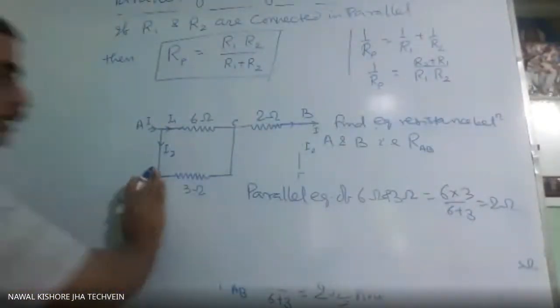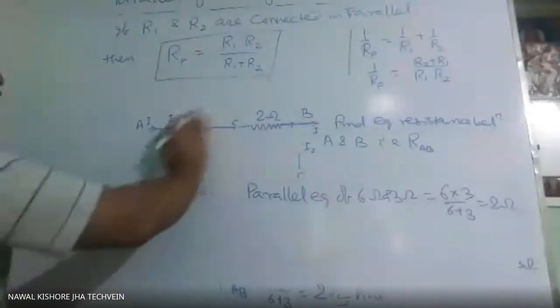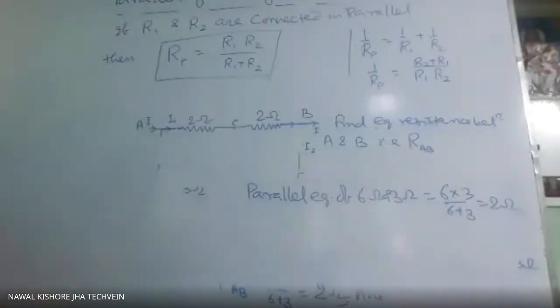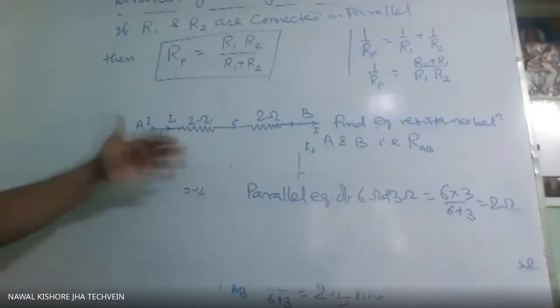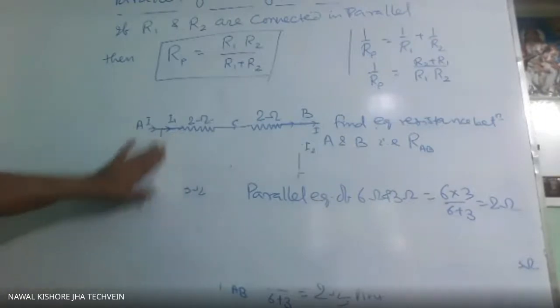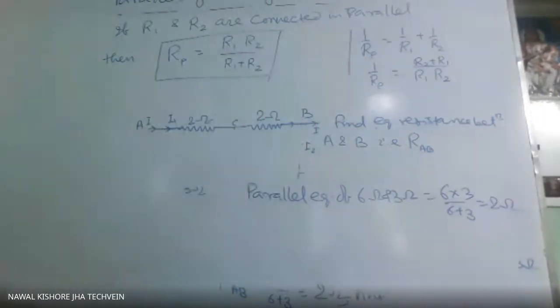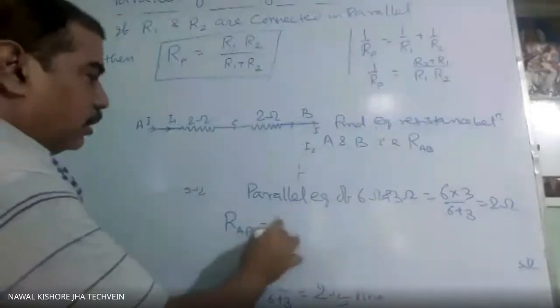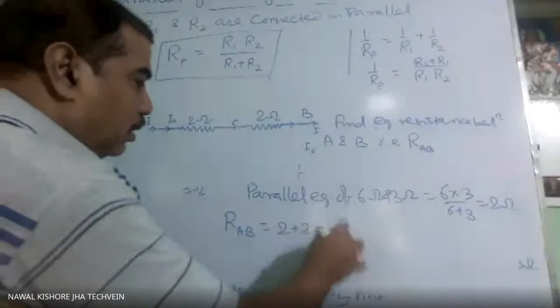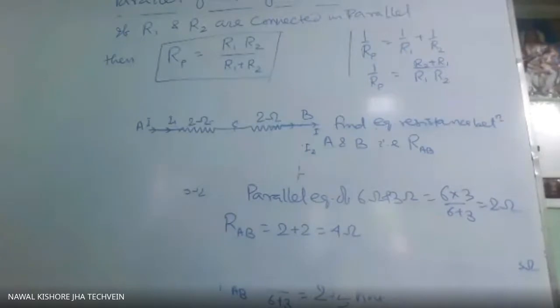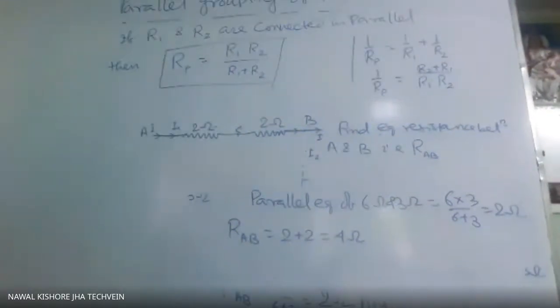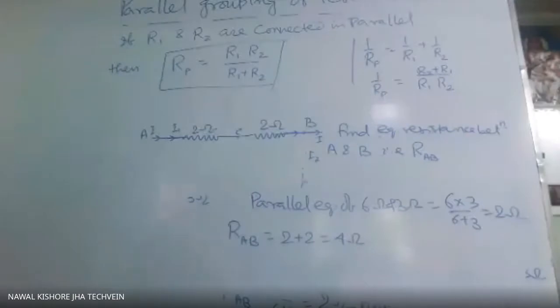That means now in place of this whole group, we are considering only 2 ohm. This figure you have not drawn, you have to keep it in mind. These are simple things, so we have to keep them in mind. So now these two and these two are coming in series. So the equivalent resistance between A and B is 4 ohm. So we'll leave up to here.